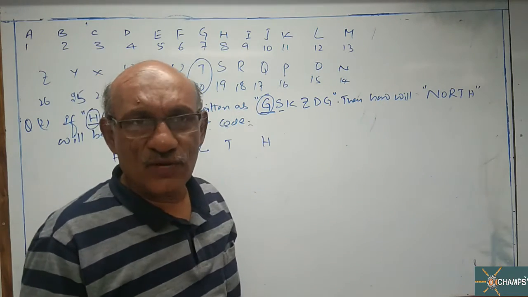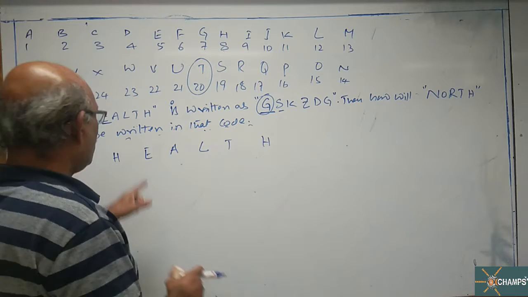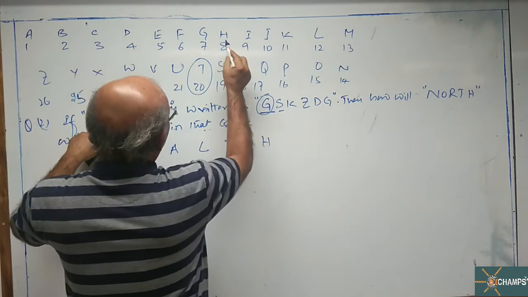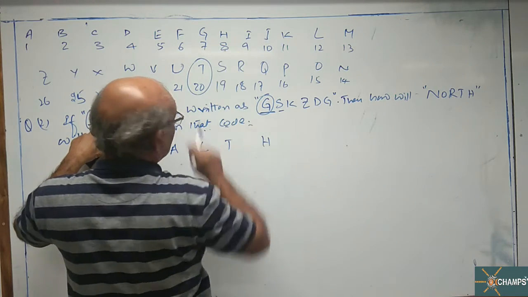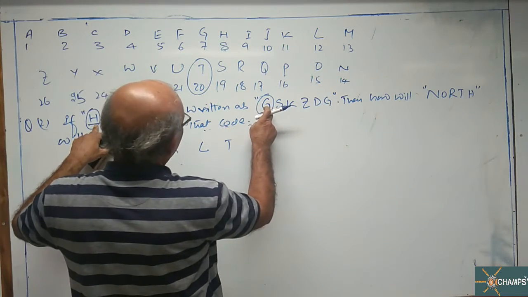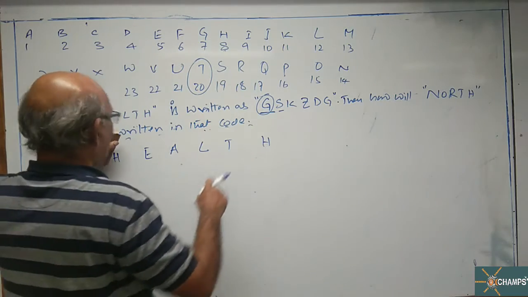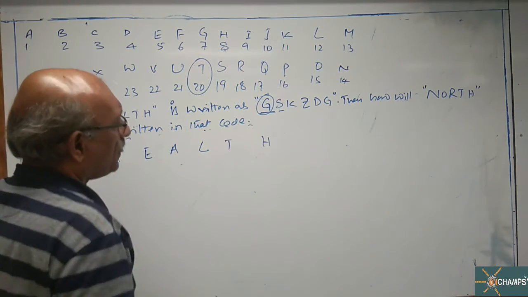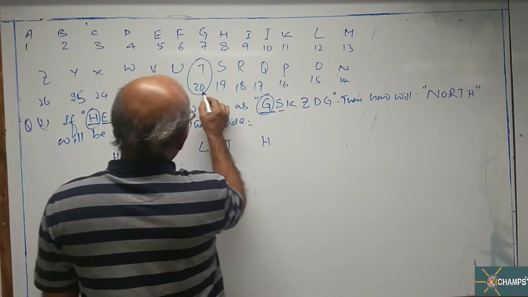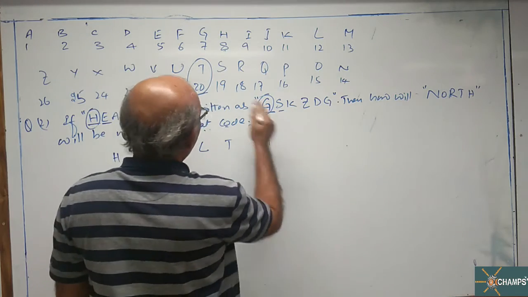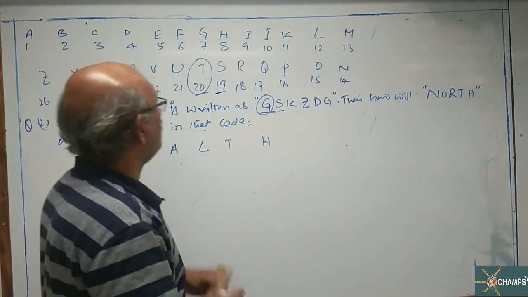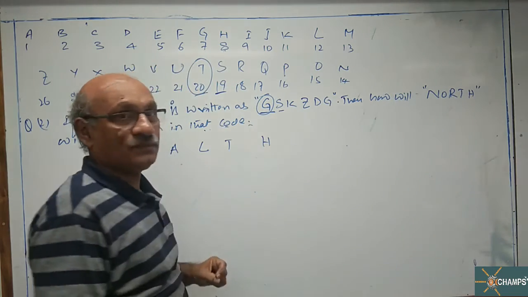This way, straight away, you don't get any logic here, sir. Because by subtracting 1, H and G, what logic we generated, sir? Subtract 1 from the numerical assigned to H, you are getting the numerical for G. But the same logic here is not applicable. Now, let us see the numerical assigned for T. Numerical assigned for T is equal to 20, sir. Numerical assigned for S is equal to 19. 20 minus 1 is 19. Here, 8 minus 1 is 7.